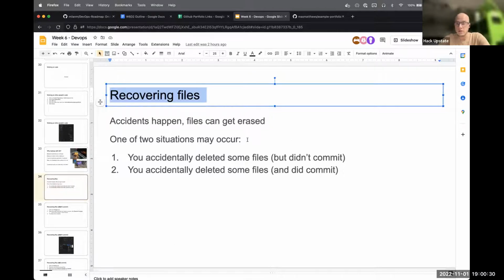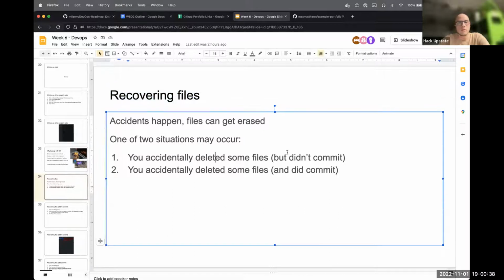So there's really two situations you can run into where you accidentally lose some files, and Git can help you in both of these situations. The first situation that you could find yourself in is you're working on some code and you accidentally delete the files underneath. So let's say that